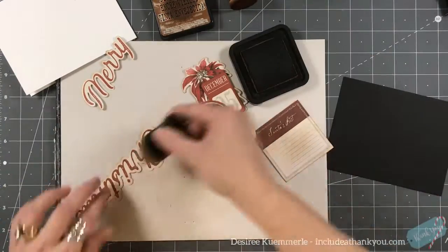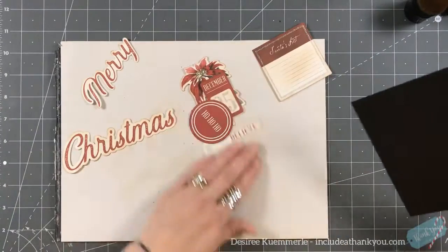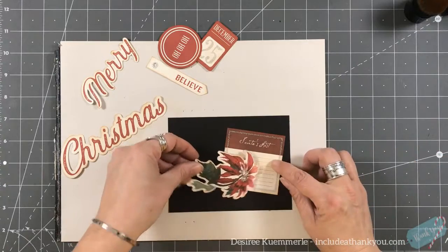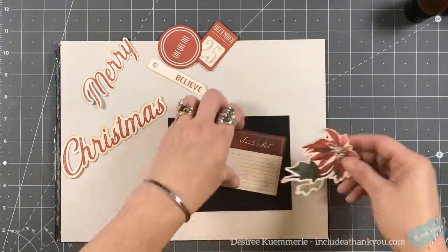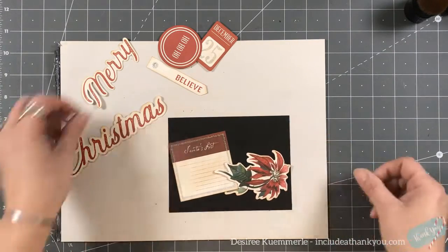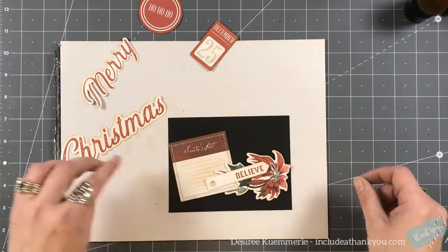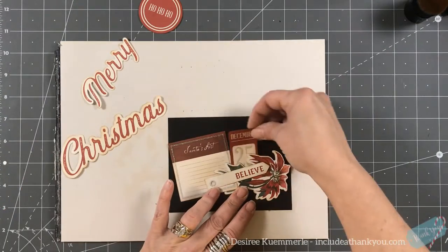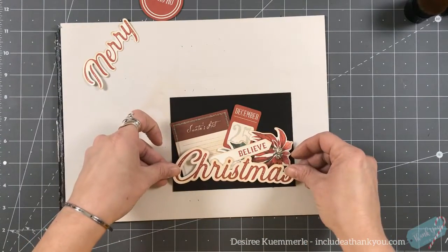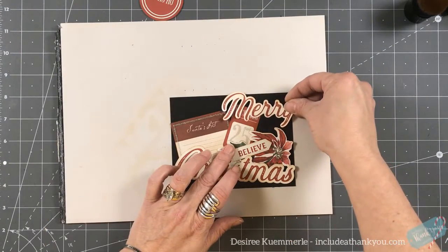Once that's all done, we are then going to have fun layering. Now, what I chose to layer on is a piece of black cardstock. I thought with the colors that I was choosing, there was a lot of reds here and a lot of ivory, it would really stand out on the black cardstock. So I'm just playing around with the placement of these pieces, because I do know that my sentiment's going to be at the top and the bottom,